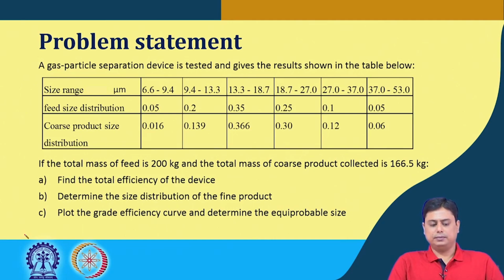provides the following result, given here. The first row gives the size range in micron, the second row is the feed size distribution, and the third one is the coarse product size distribution. Now, the total mass of feed is 200 kg and the total mass of coarse product collected is 116.6 kg. The questions are: find the total efficiency of the device,